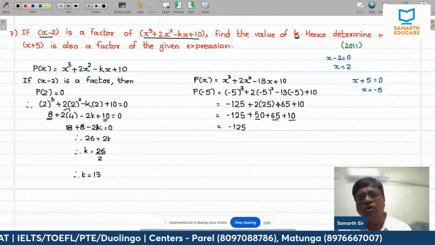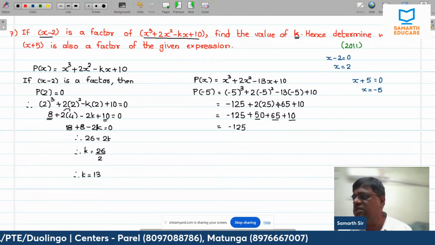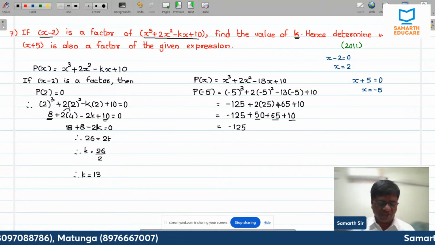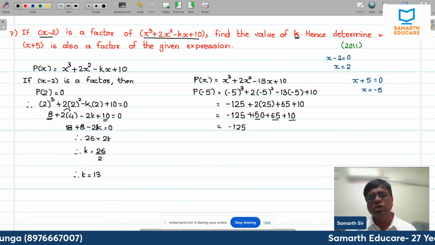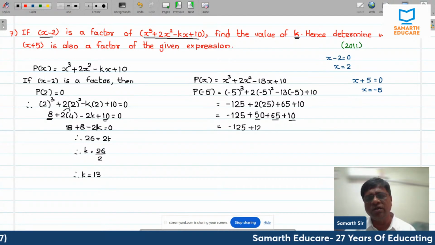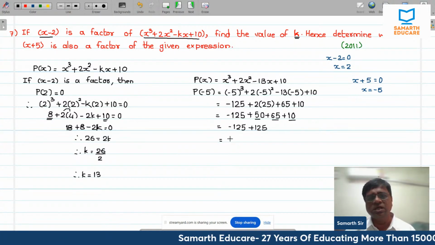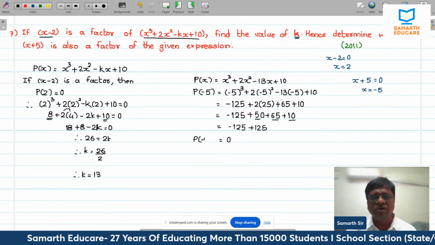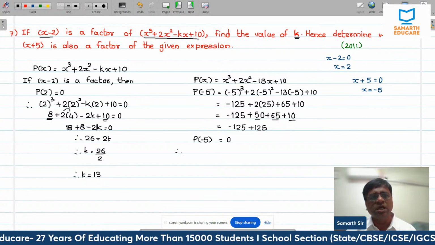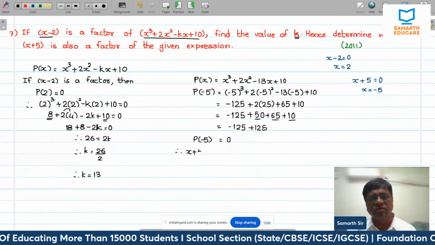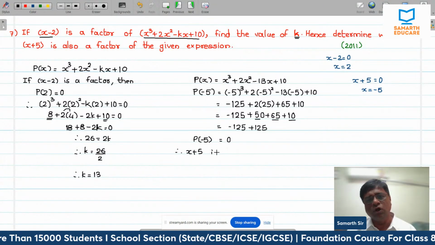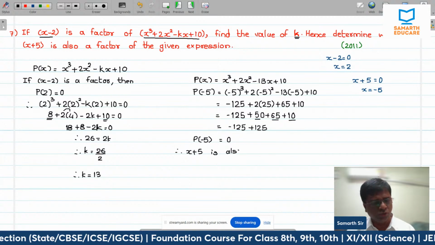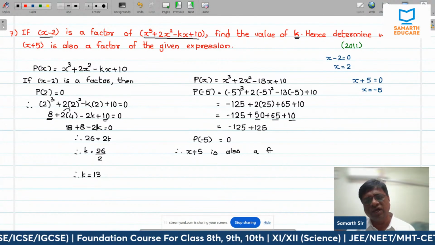अगर इफ आई एम गोइंग फॉर माइनस 50 प्लस 10, 50 प्लस 10 कितना होता है? 60 होता है. 60 प्लस 65 कितना होता है? 125 होता है. सो दिस बिकम्स 125 एंड माई आंसर इज 0. अगर ये 0 आ रहा है p of minus 5, which means that x plus 5 is also a factor